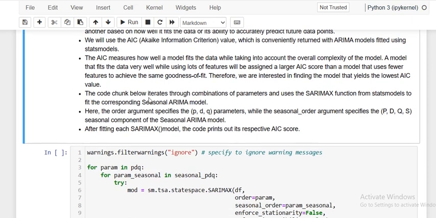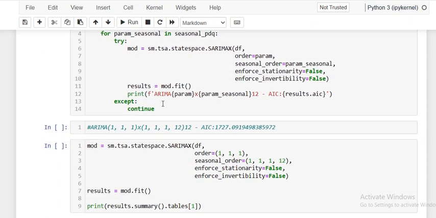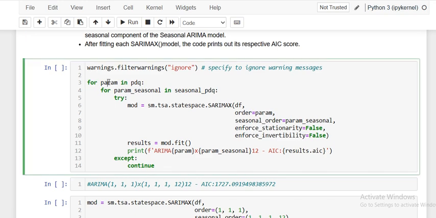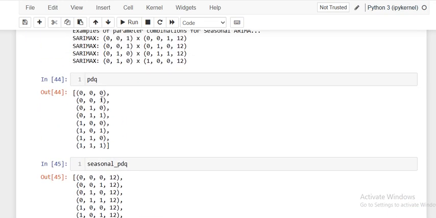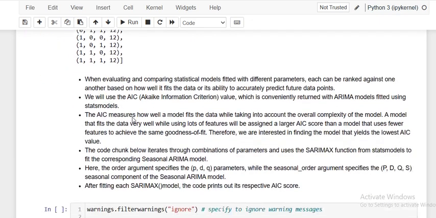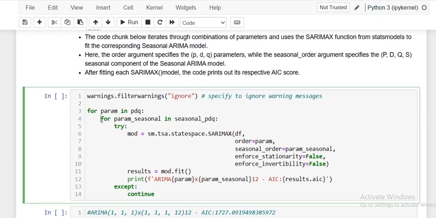Here we are considering the parameters in the PDQ. PDQ is a list of these combinations, and we are running one more for loop